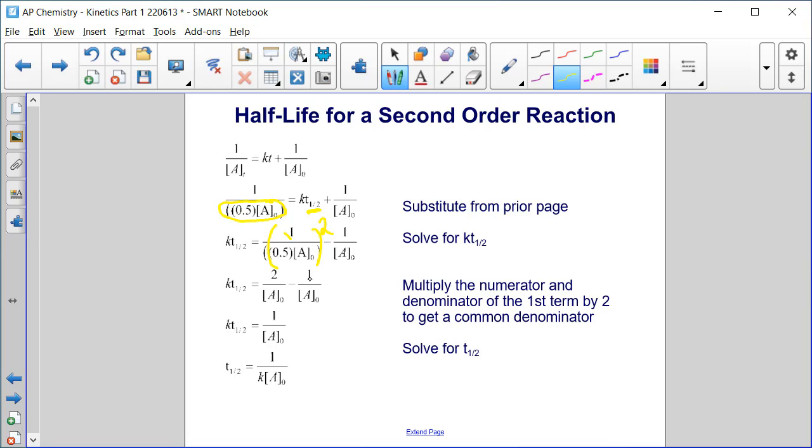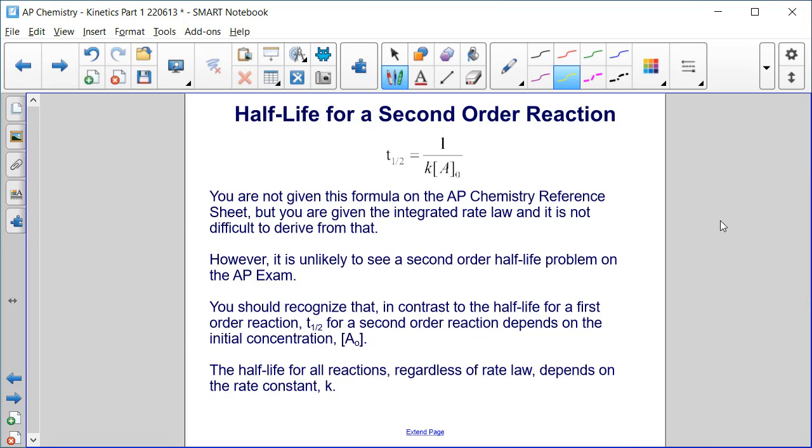So 2 minus 1 is 1, so we're left with 1 over the initial concentration, and then divide both sides by k to solve for the half-life, and we get 1 over k times the concentration of the reactant at the beginning, or the initial concentration. So the half-life, as we derived in the previous slide, for a second order reaction is 1 over k times the initial concentration. You are not given this formula on the AP chemistry reference sheet, but you are given the integrated rate law,